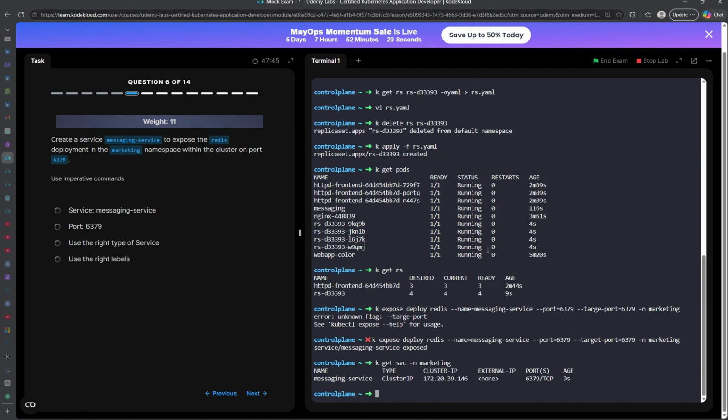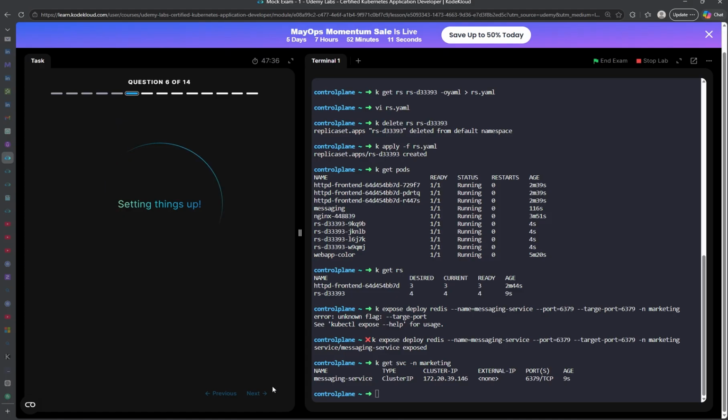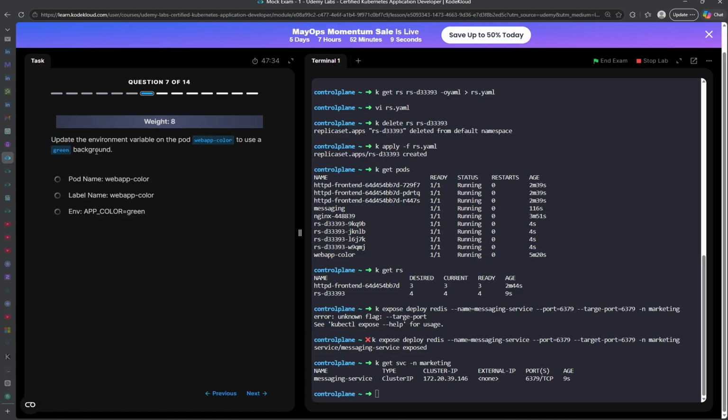Namespace is marketing. So this is a cluster IP type of service, on port 6379. So I'll move on to the next task. The next task is to update the environment variable on the pod web app color to use the green background. So what I'm going to do is use k get pod, the pod name is web app color, and I'm going to say the output is YAML, and I'm going to send it to web app color